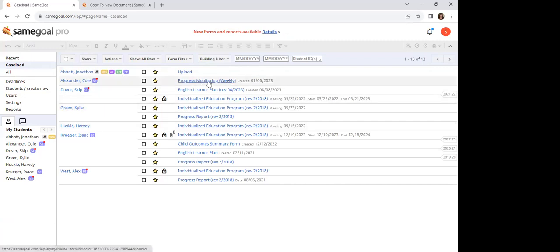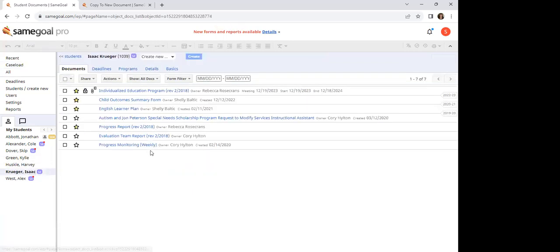But now it's showing me his weekly progress monitoring. Okay. Again, the stars are individual to each user. So somebody else isn't doing those. Except, there's always that, but an admin can actually create a caseload for you. So if you're like, well, how did that person show up? So just like I showed you earlier with Gavin,